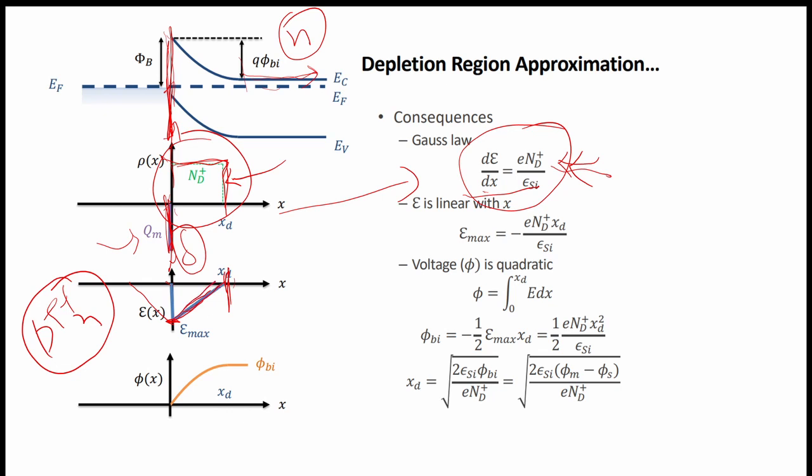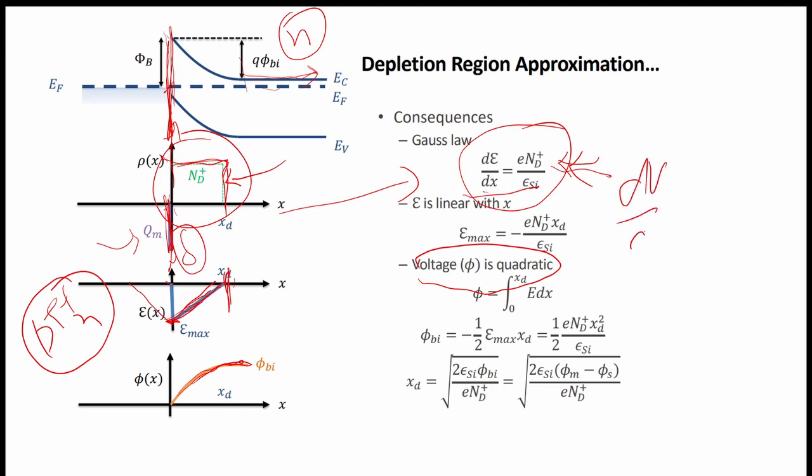Now from here we can calculate the voltage, phi, or we can say the potential. The potential is quadratically dependent, because the field is linear, so the potential must have a quadratic dependence,